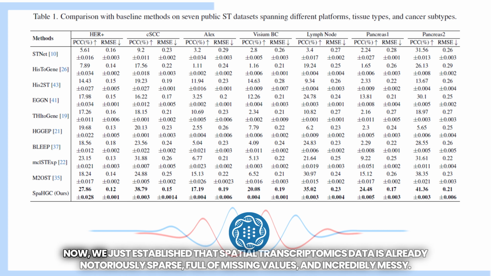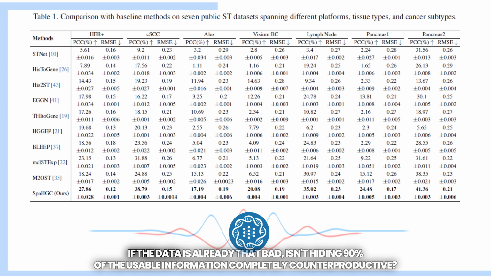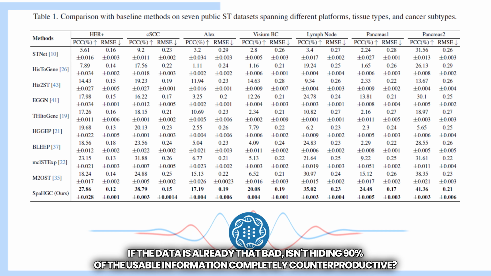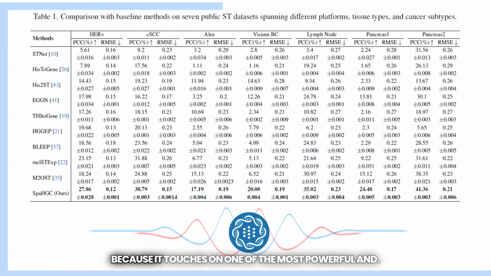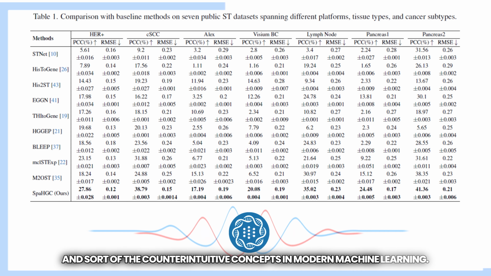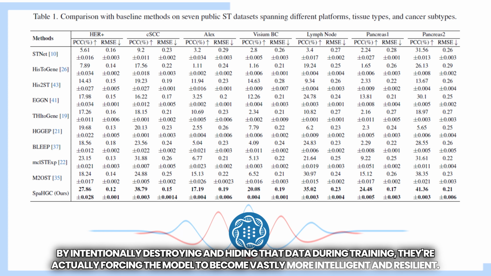Yes, they did. Now, we just established that spatial transcriptomics data is already notoriously sparse, full of missing values, and incredibly messy. If the data is already that bad, isn't hiding 90% of the usable information completely counterproductive? Like, why intentionally blindfold the AI? I love this question because it touches on one of the most powerful and sort of counterintuitive concepts in modern machine learning. By intentionally destroying and hiding that data during training, they're actually forcing the model to become vastly more